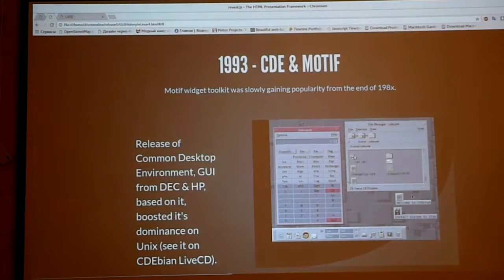The well-known feature of this Motif is so-called flat buttons with a lot of angles, flat and square and gray. And that's why when Motif started to look outdated, people were calling it, unofficially of course, ugly gray buttons.